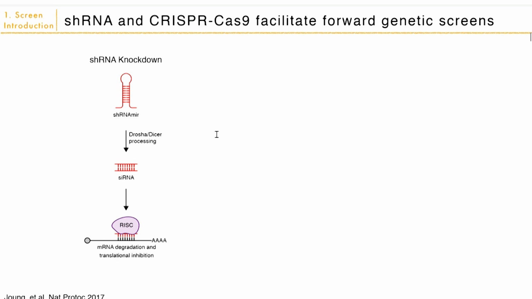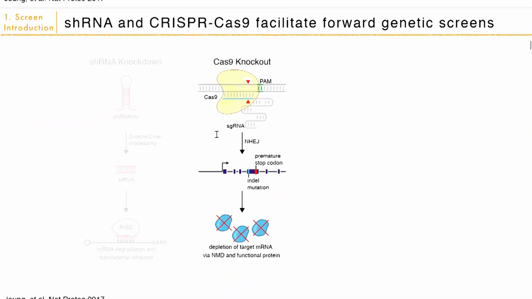So you could get hits where it was producing the phenotype of interest just because the shRNA had a particular off-target. With CRISPR, what we have is the CRISPR-Cas9 knockout as well as activation screens. With CRISPR compared to shRNAs, CRISPR-Cas9 had fewer off-targets, which means that the screen that you are getting had better